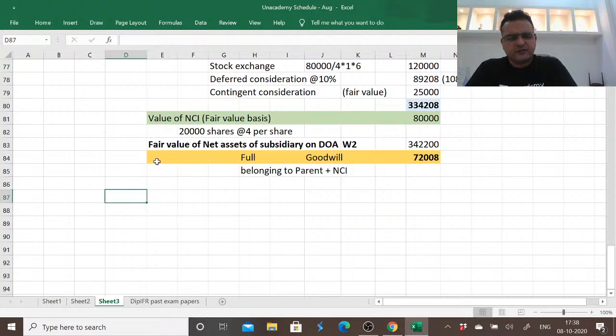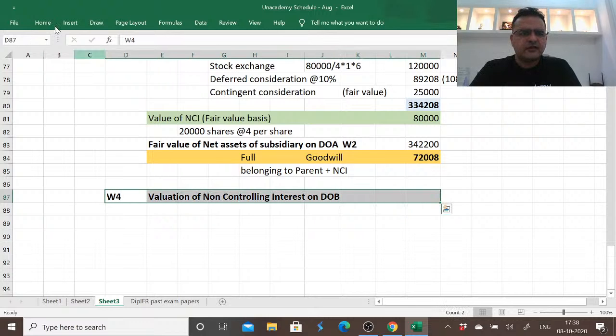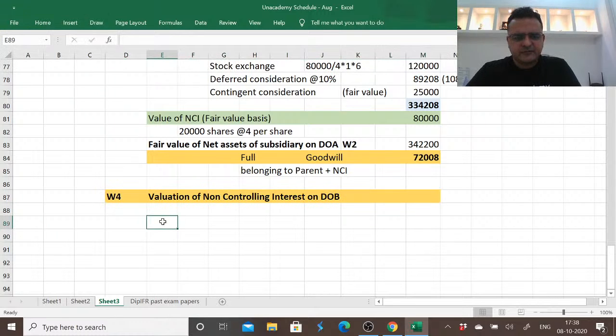Working note number 4 is the valuation of NCI, non-controlling interest, on the date of the balance sheet. Now, depending on how we valued NCI initially will determine the value of NCI on the date of the balance sheet. So, value of NCI on the date of acquisition on fair value basis,